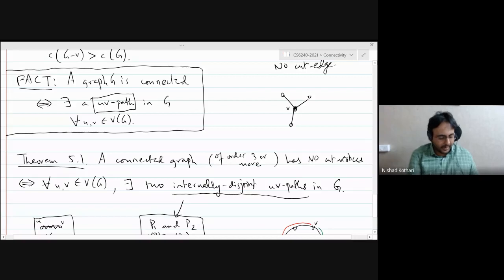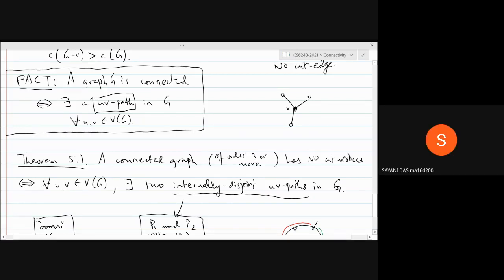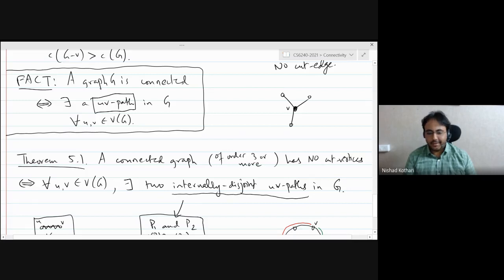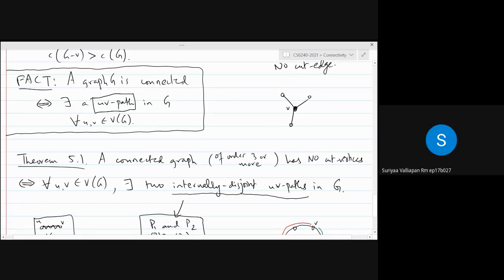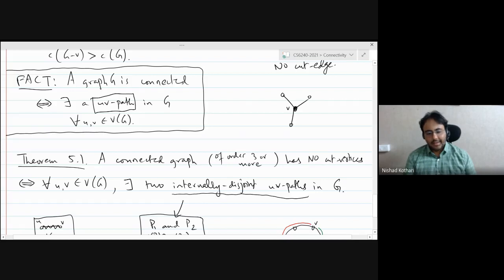Just out of curiosity, had anybody heard of the cycle double cover conjecture before? Or is it new for everyone? I haven't heard about it. Okay, thanks, Shani. Me neither. Okay, thanks. All right. Well, then I suppose perhaps no one has heard about it before, so that's good. That's one of the cool things about graph theory and combinatorics, that you have these very simple to state problems that turn out to be incredibly difficult. I think it's one of the things that is really attractive about combinatorics.